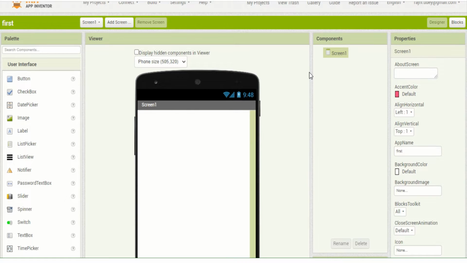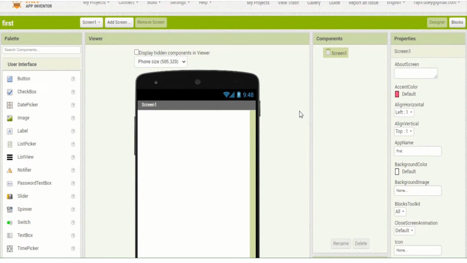In the previous video, I have already discussed how you can create the dashboard and how you can create a new project. In the previous video, we created one new project. The project name is First. So this is my first project, and this is the interface of my mobile app. Right now I have not inserted anything in this app, so this is my blank app.